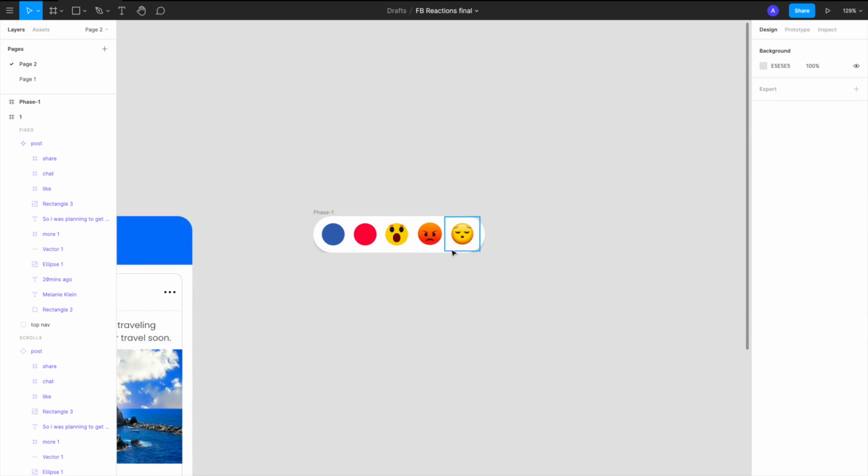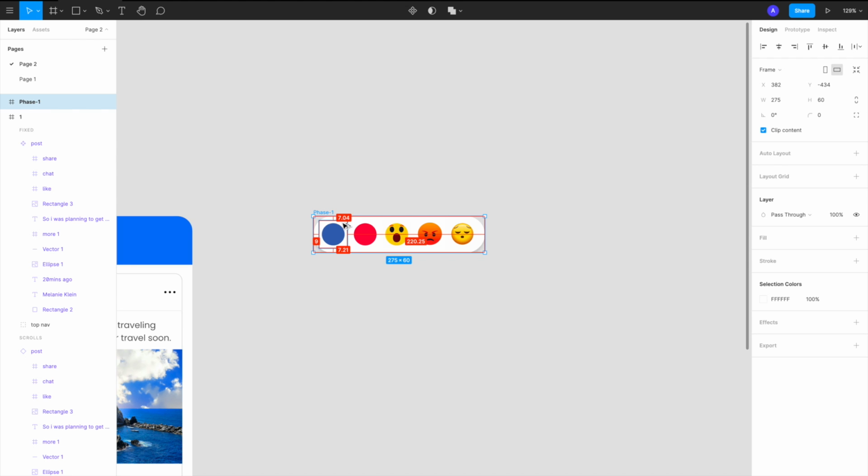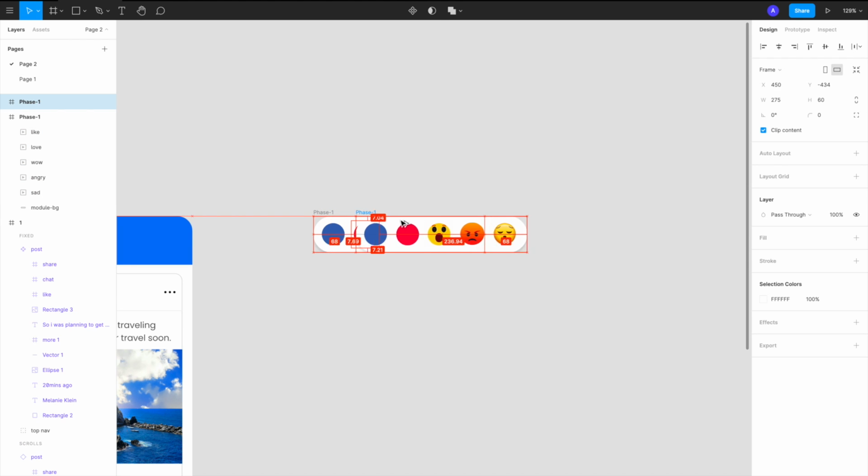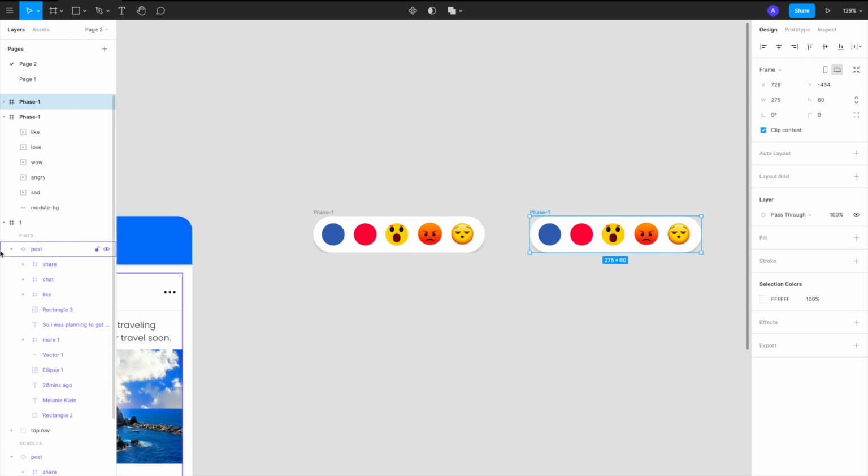If you remember in the interaction, when we hover over the like icon, these reactions flow in. They don't appear statically, they come into this background. To simulate that, we'll just duplicate this bit, and this will become our phase 2.